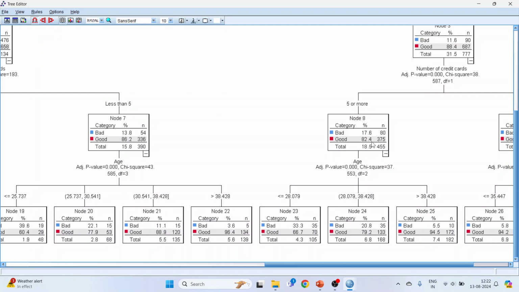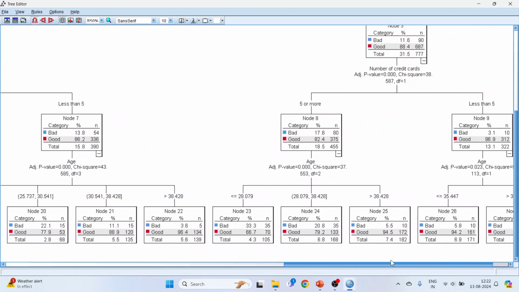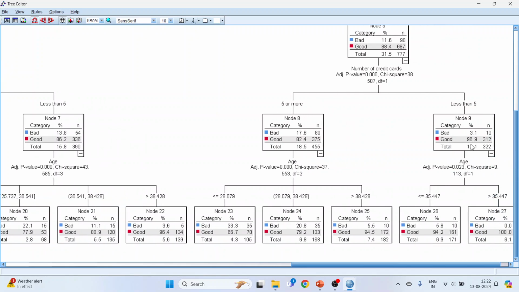So here it is good credit rating, and here also less than 5, good credit rating. And age less than 28, number of cases 70, percentage is 66.7. Here number of cases 133, and the percentage is 79.2. So this is how we interpret